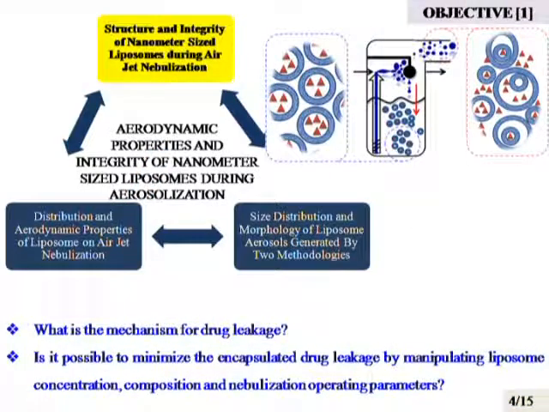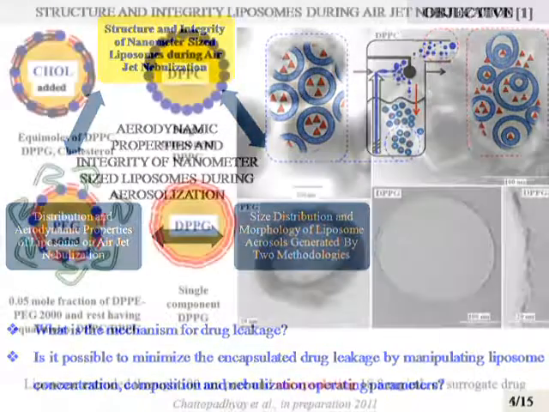The first one is structure and integrity of nanometer-sized liposome during atomization. So here is our hypothesis. We have this liposome particle, and this small red triangle represents the drug molecules. When these drug molecules are atomized through an atomizer, which I will illustrate in the slides to follow, it can lead to leakage of the drug and change in the morphology. So the question we are asking ourselves is, what is the mechanism of leakage? And once we know the mechanism of leakage, we can employ this to minimize the drug leakage in this kind